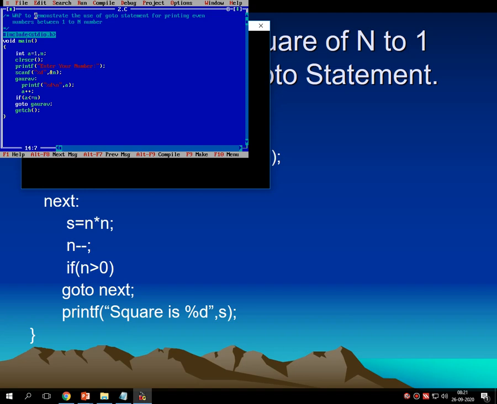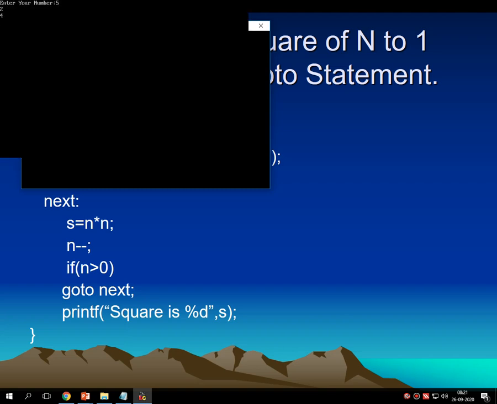So for that, what do I have to do? Here I am getting a number. Then in this window I have to check if a modulus 2 has remainder 0. That means if a is divided by 2 and the remainder is 0, then it should be printed, because it's an even number. We have written the program for checking whether a number is odd or even. That logic I am applying over here, and everything else stays as it is. So let's check the code, will it work or not.